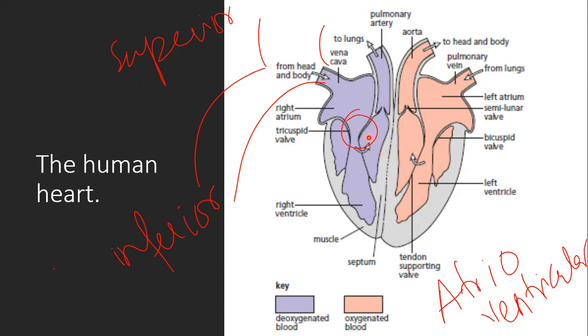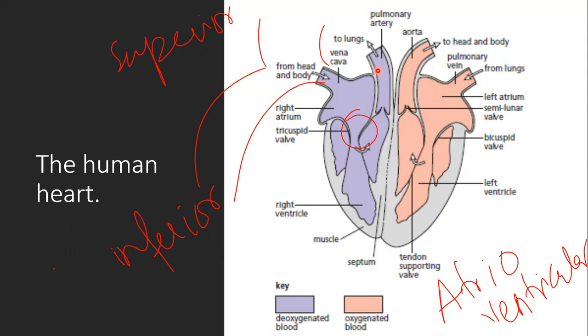But before the blood can enter into the pulmonary artery, once again, we have a valve. That valve has to open. Only then will the blood be able to enter into the pulmonary artery. This valve is known as your semilunar valve. So the semilunar valve has to open so the blood can travel from the right ventricle into the pulmonary artery. And once the blood is in the pulmonary artery, the semilunar valve has to close again so that the blood keeps on traveling in the forward direction,